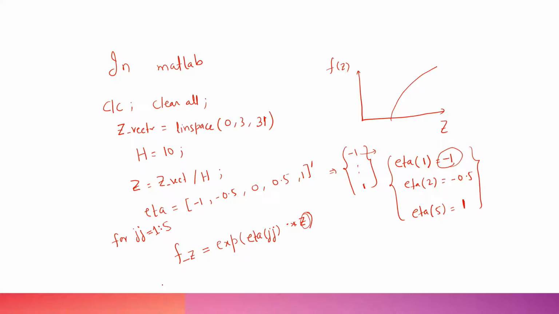Similarly, it would end and come back, and then for jj equals 2, it would take the value 2, and then eta of 2 would be -0.5. So it would take -0.5 into z, and again one function would be plotted and stored, the second function would be fg2, and so on. So all the functions would get stored.